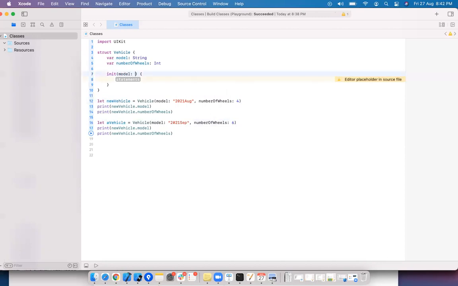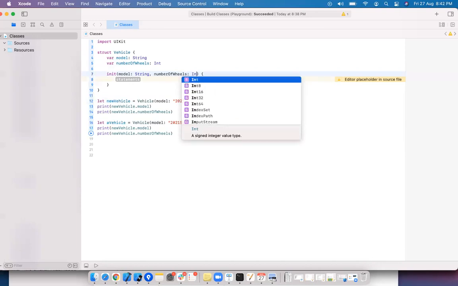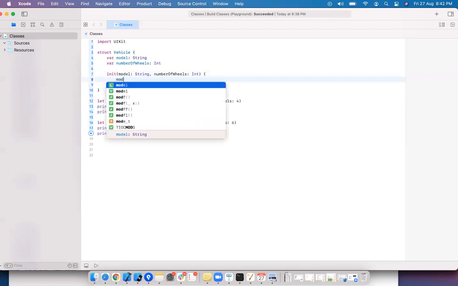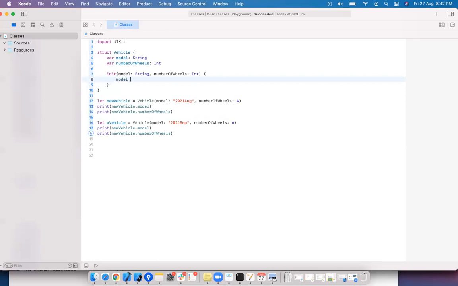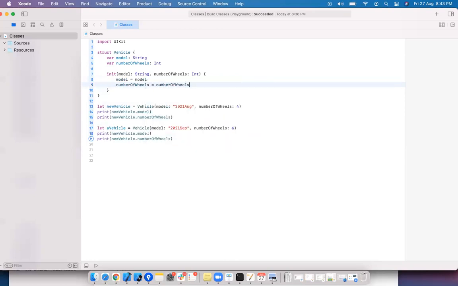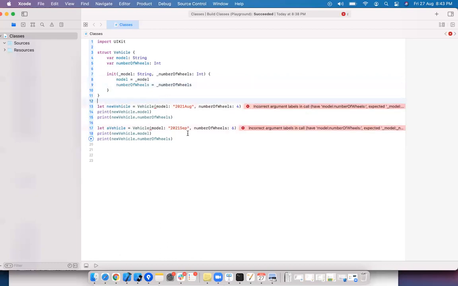Same thing: model string, number of wheels integer, and now we can assign model equal to model, number of wheels equal to number of wheels, or you can differentiate them.